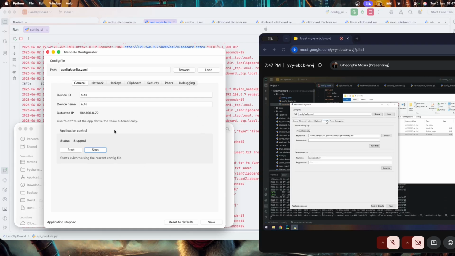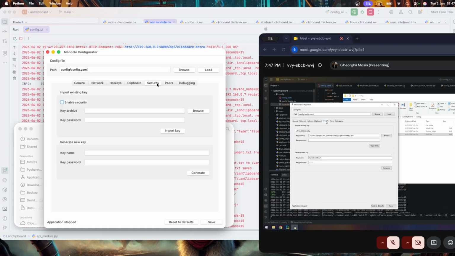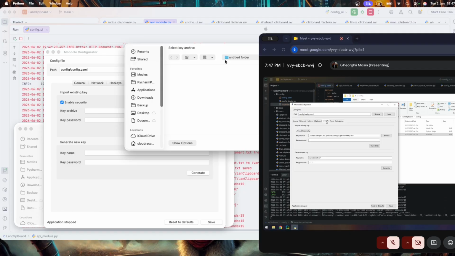And let's go to the security tabs on both instances. So the first thing we need to do is press the enable security flag. Browse and select the appropriate key